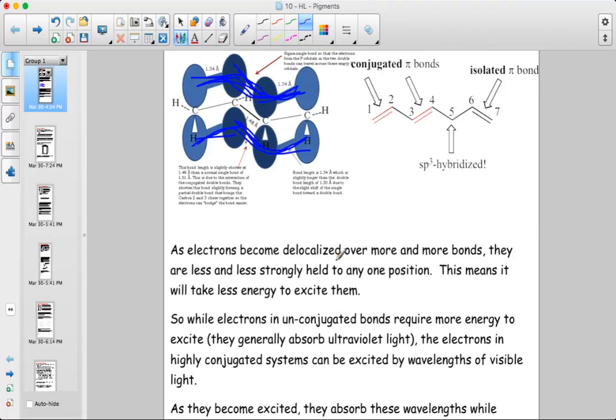Now, if you think about it, the more delocalized the electrons are, so that if there's more and more bonds that they can move between, they are less and less strongly held to any one particular position within a molecule. So this means it takes less energy to excite them, because if they're held really tightly in one place, or localized in one place, it requires more energy to cause changes in them. But if they aren't,